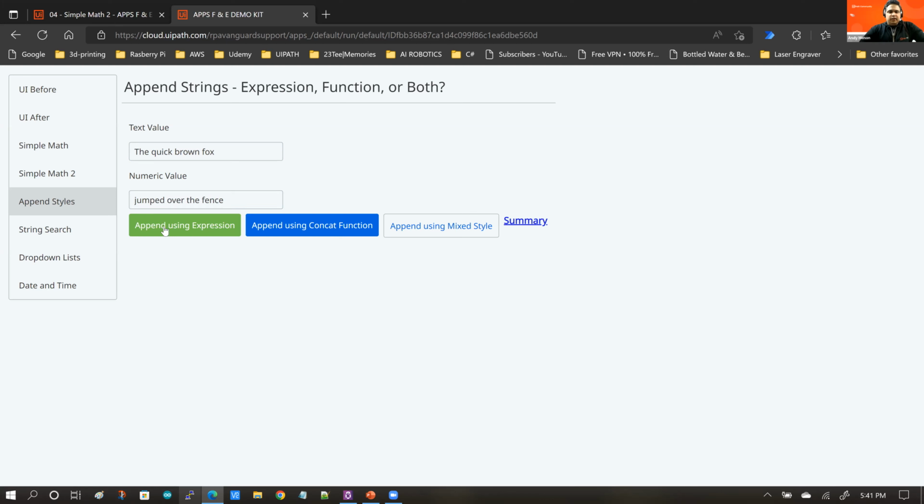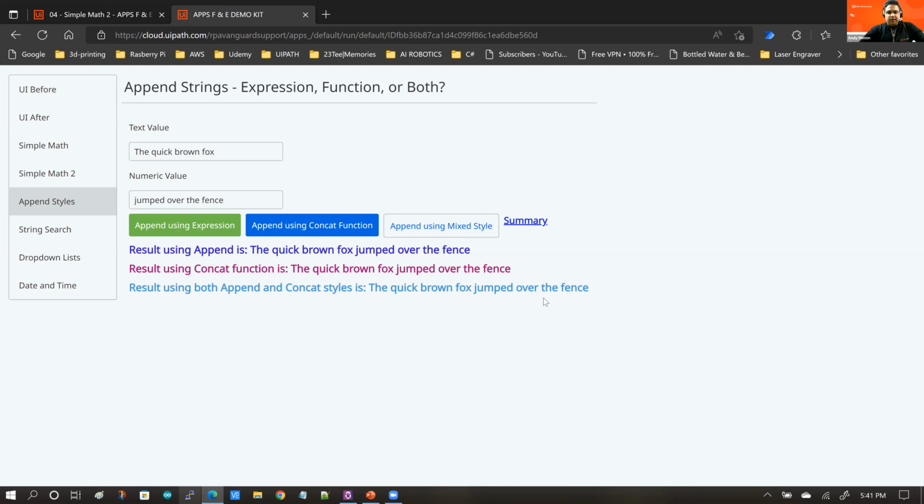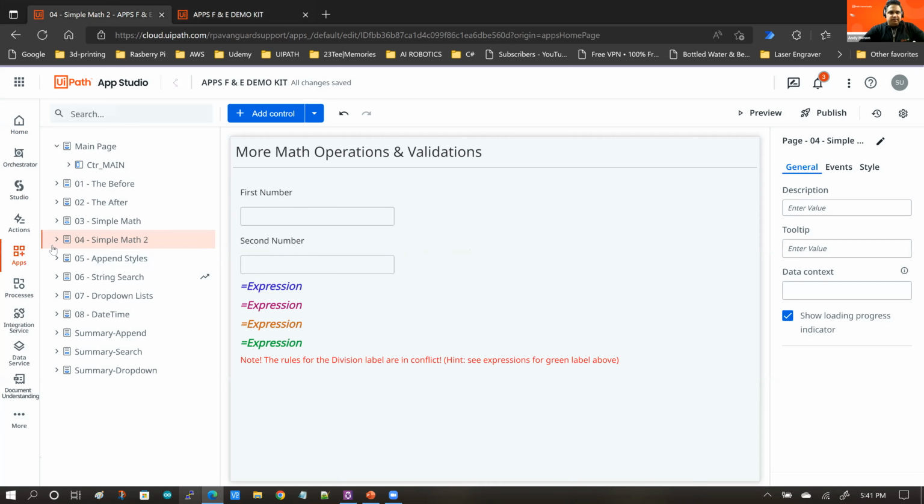Right? So I'm going to click this button. Beautiful. I get the value from the first and second box appended. I hit the second button, same thing. Third button, same thing. Right? The results are identical, but they're written using 3 different styles. If I go back to the example,